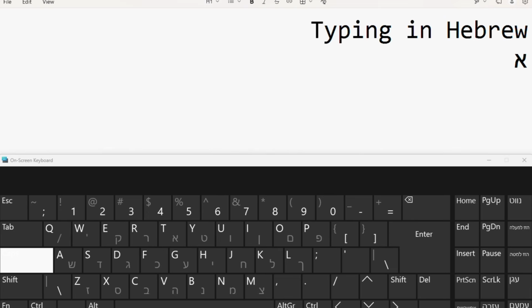Aleph is on the T key, Bet is on the C key, Gimel is on the D key, Dalet is on the S key, Hey is on the V key, Vav is on the U key, Zayin is on the Z key, Chet is on the J key, Tet is on the Y key, Yod is on the H key,